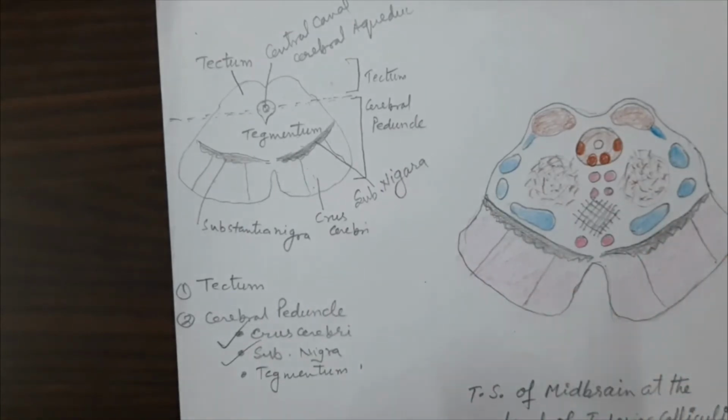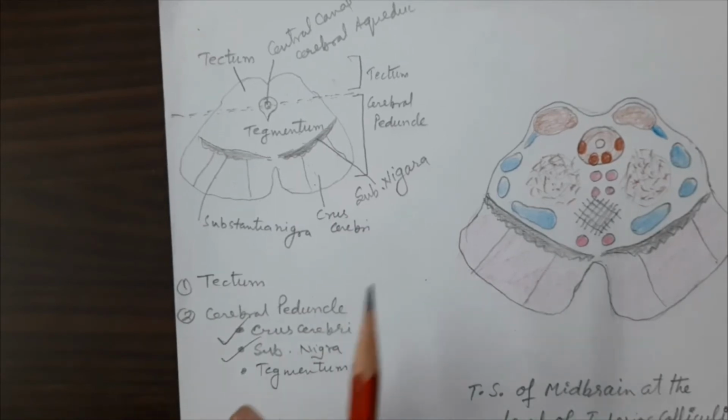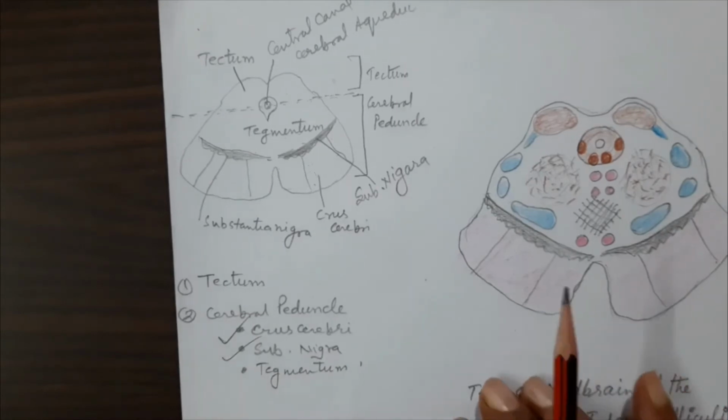Corticopontocerebellar pathway, and these fibers will end in the right and left cerebellar hemisphere. As I said, the corticonuclear fibers will end in the motor nuclei of the cranial nerves, and the corticospinal fibers in the medulla will form the pyramid. They are motor fibers going to supply the skeletal muscle at various levels. So these are the corticospinal fibers.